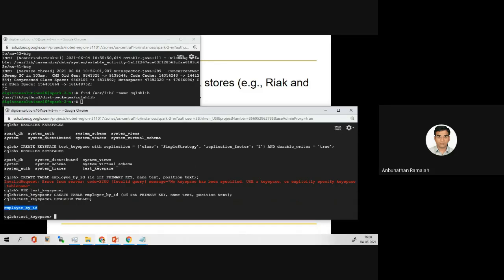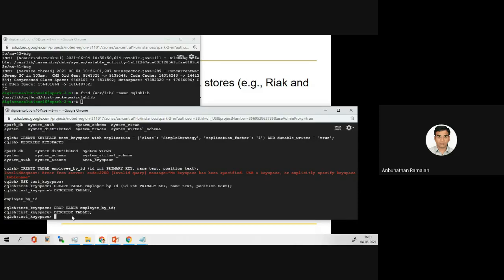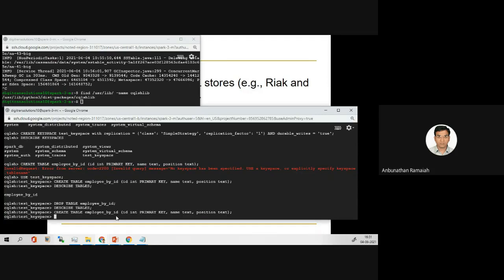Suppose if you want to drop the table, you can use the drop command. Then again you describe the table this time. There is no table at all. So what we'll do, again we'll create. Then describe the table.